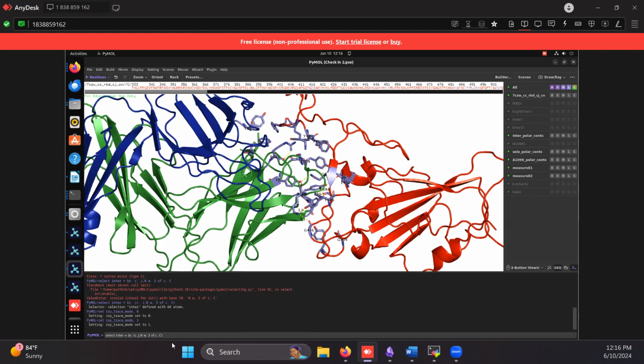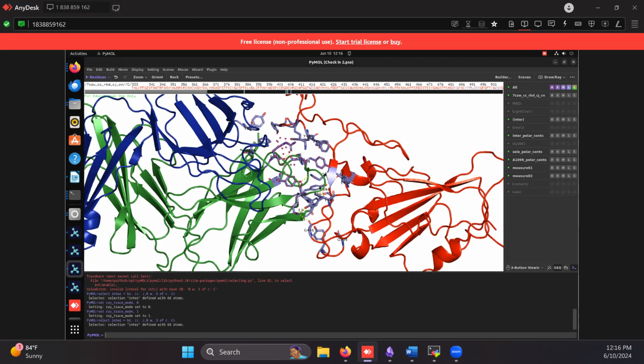What it's telling PyMol to do is, hey, select any residue for chain J and N, which is within 3 angstroms of chain C. So when you enter this, it says, hey, selection made with 68 atoms. And if we go to set selection enter, it selected these atoms, which it's saying is within 3 angstroms of